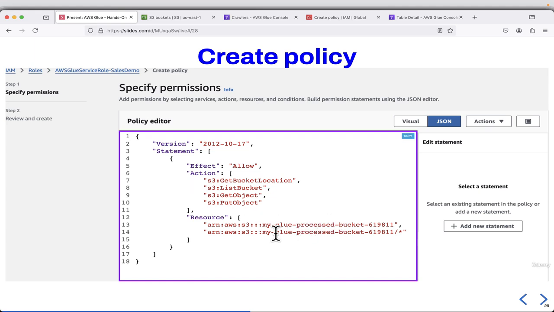So this is the target bucket. So this is the processed bucket. We have the source bucket and the processed bucket. So basically I'm giving permission so that it can save the results back to this particular bucket. So I'll copy this whole inline policy